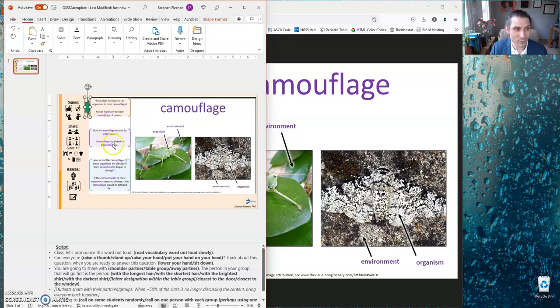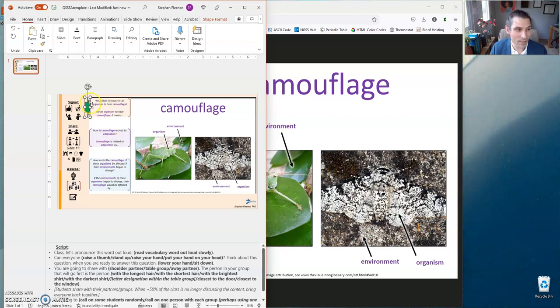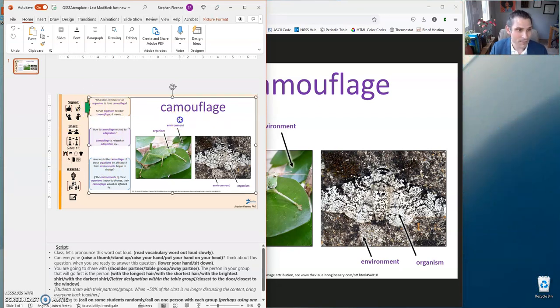There will be 3 questions, each with a sentence stem, each using the word camouflage or that particular word in it. So I'm going to choose, let's say, the second question, bring my green arrow down, and then I can structure this conversation according to the QSSSA process. I can decide what my signal is going to be. Let's say I want my signal to be that everyone puts their hand on their head and they lower it when they're ready. Let's say I want my students to share with their partner or their table group,